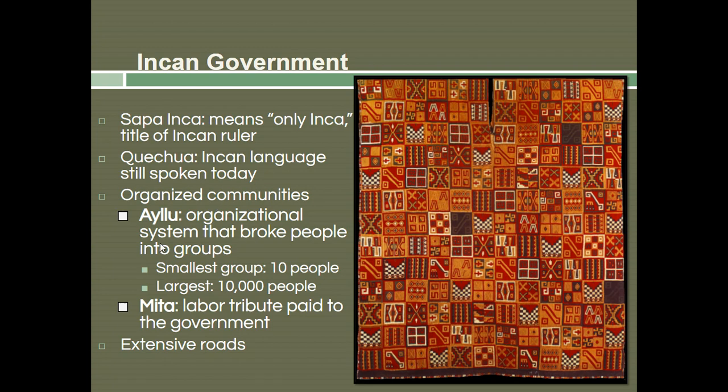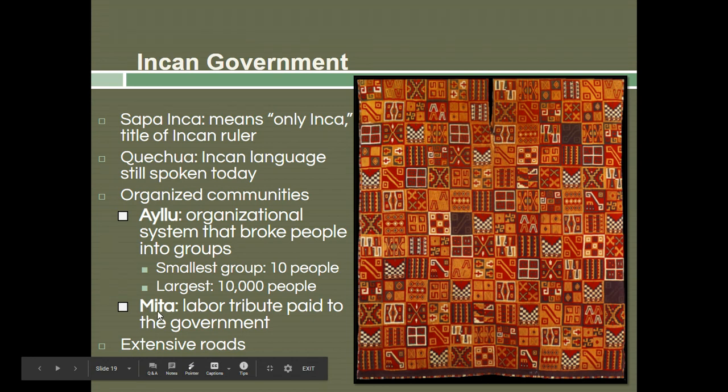The first way is Ailu, okay? And basically what this did is it broke families and people up into small groups that could perform tasks, okay? And then even smaller than that, the government also relied on people to provide labor tribute. So we call this mita. So each person in the empire is expected to also work for the state for a certain number of days. So within the Ailu, you have a specific task that your group of people, which could be large, maybe you're a farming community, was responsible for. And then every year you were also expected to work for the state for a certain number of days if you were able-bodied. And that was your tribute, almost like a tax, a labor tribute that was paid to the